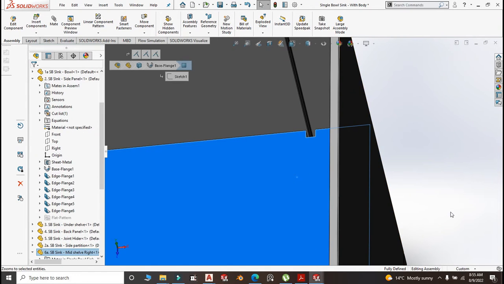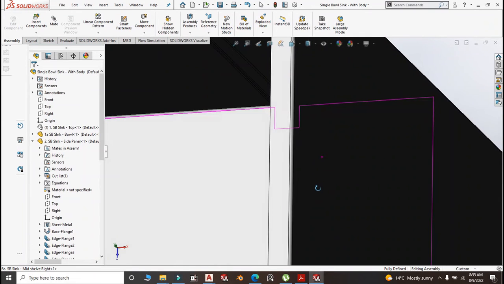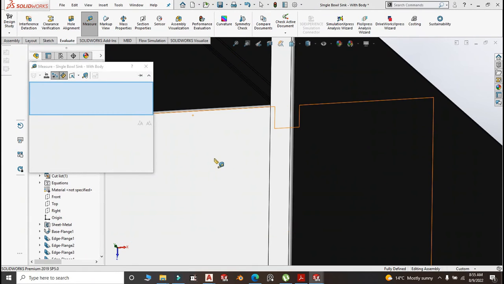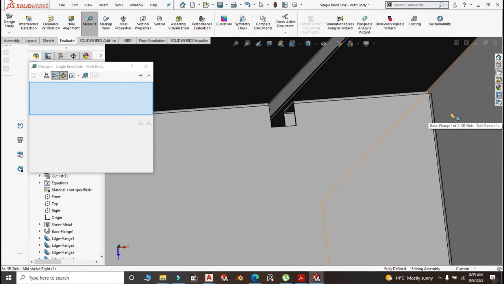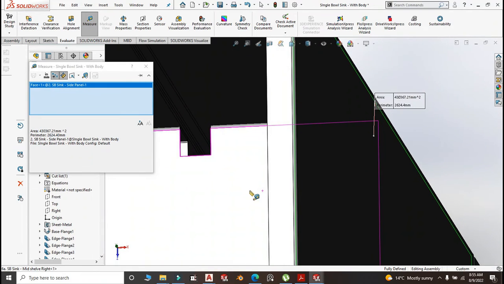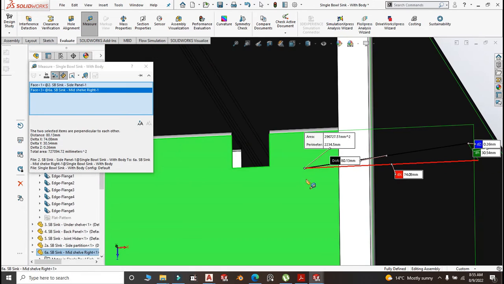Again, you don't want the notch to be that big. I'm wondering why. Let me check again. From here to here, 97. Okay,